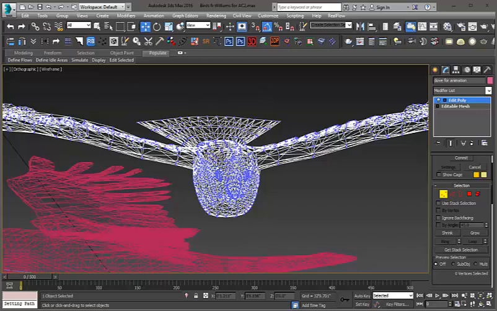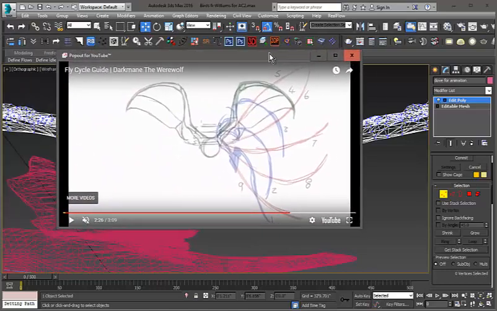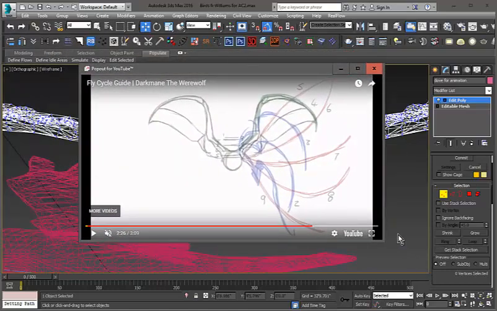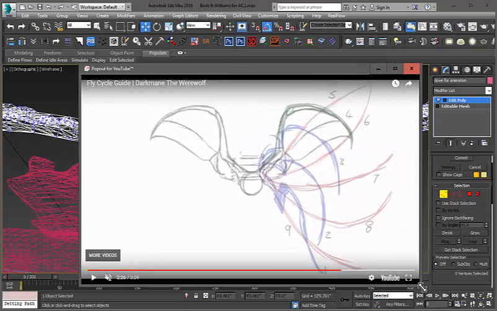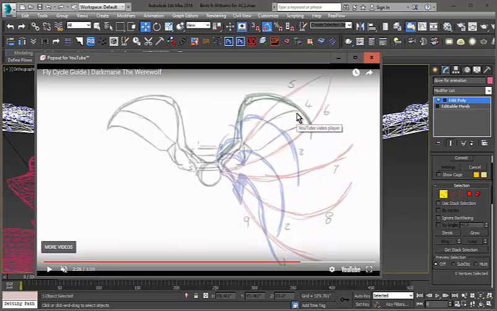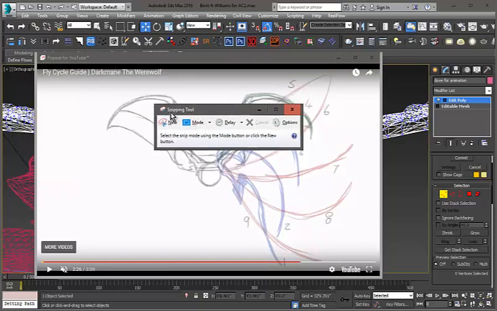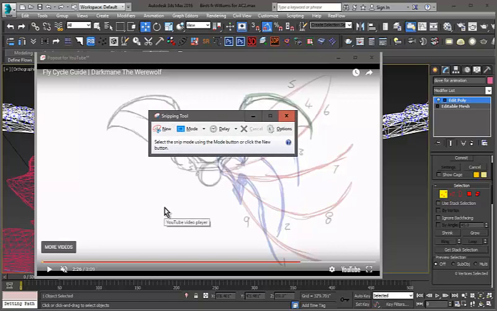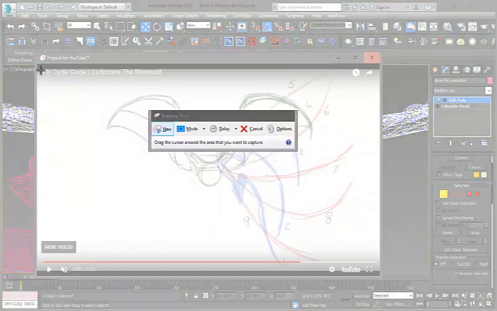So in order to do that, we're just going to grab this nice little guide, because this is a great guide here, and I'm going to use my snip tool. So I'm going to press the Windows key and type snip. My snip tool will come up, and this is my snip tool here. It comes with every version of Windows. You might be familiar with it. So I'm going to snip this picture here